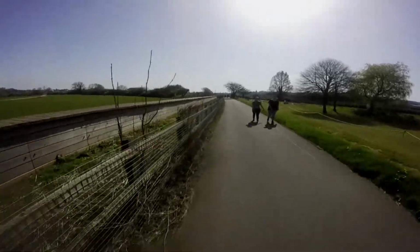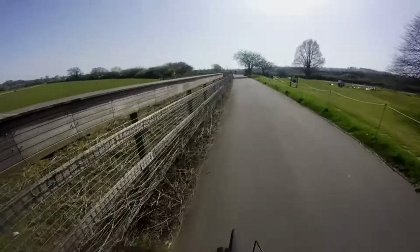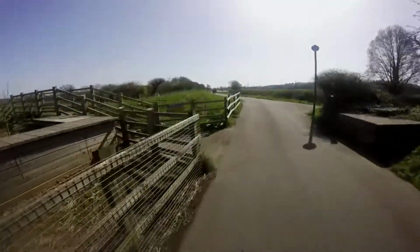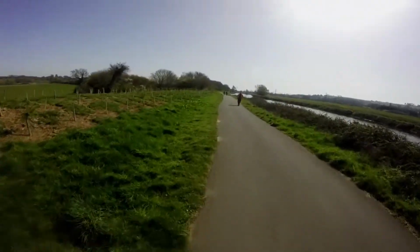But yeah, so that's the other things. Of course, we've got some lovely blossoms coming out at the moment. The flowers are coming out, all the life and joys of spring. Water is calm. It's not that windy, which is good. You know, if it was windy, this would be a bit more difficult,